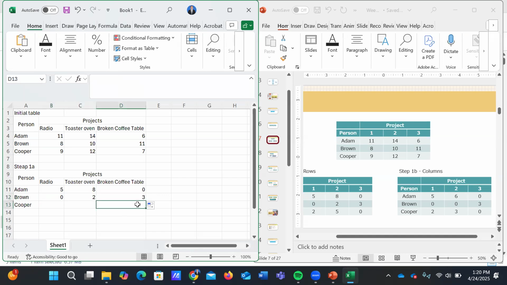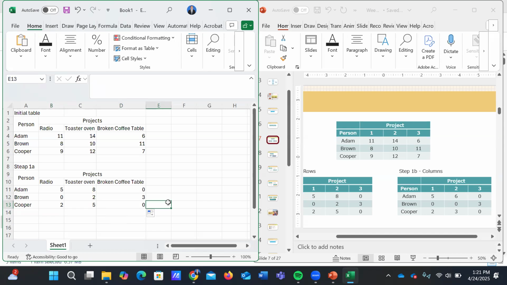And the last row, the smallest number is Cooper to broken coffee table. Subtract this cell with this one, make it absolute, then copy and paste. This is our 1A step.